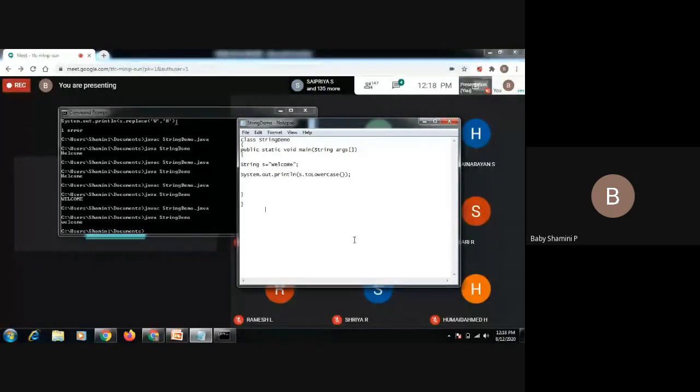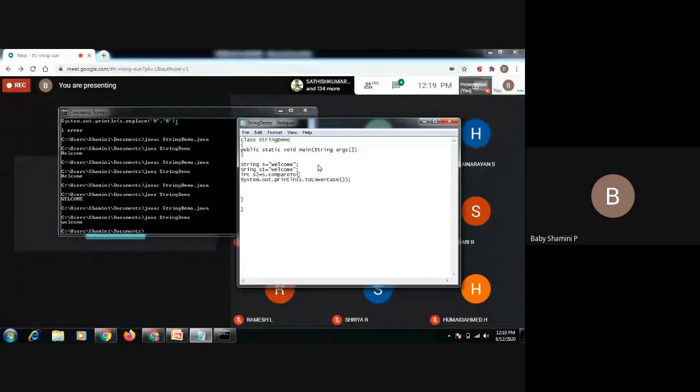And next we have the compare method. So how to compare two strings? We have two strings. Again, we are going to perform a comparison. So int is equal to, S dot compareTo of S1.